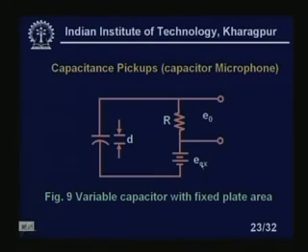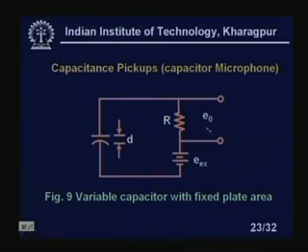I am using an excitation E subscript Ex. If this is fixed, no current will flow through the capacitors, so I won't get any output. Whenever this moves, as it happens when I talk, this microphone works. You see, this microphone is also a capacitive transducer. So, when I am talking, the capacitance between the plates changes, so I will get an output here, right.